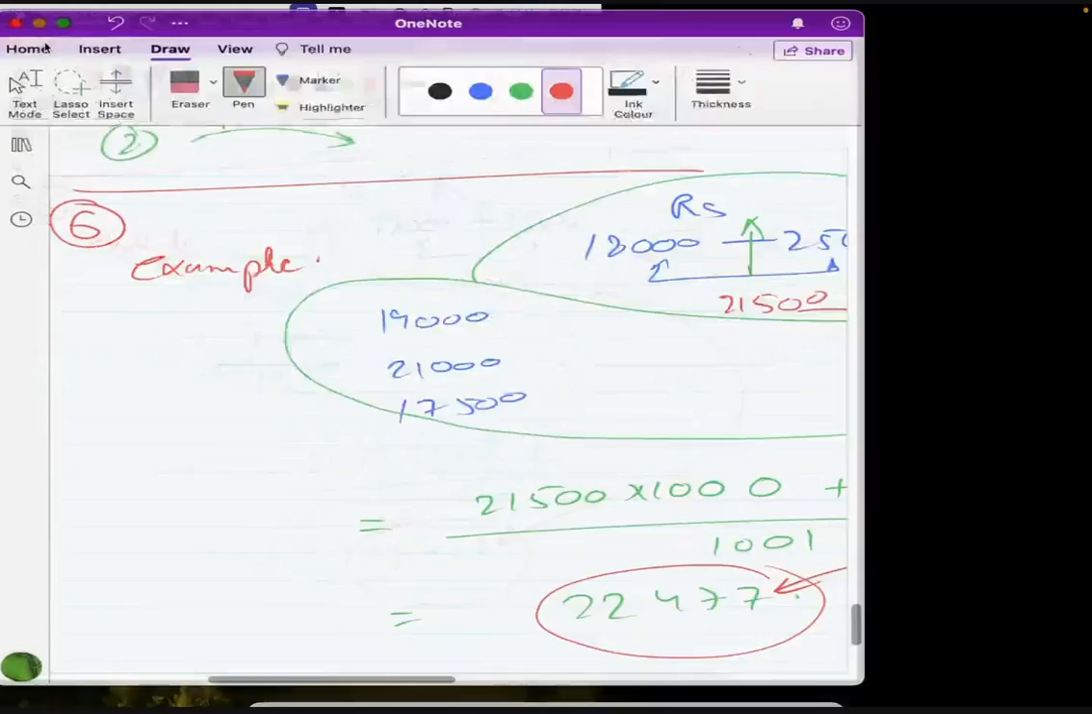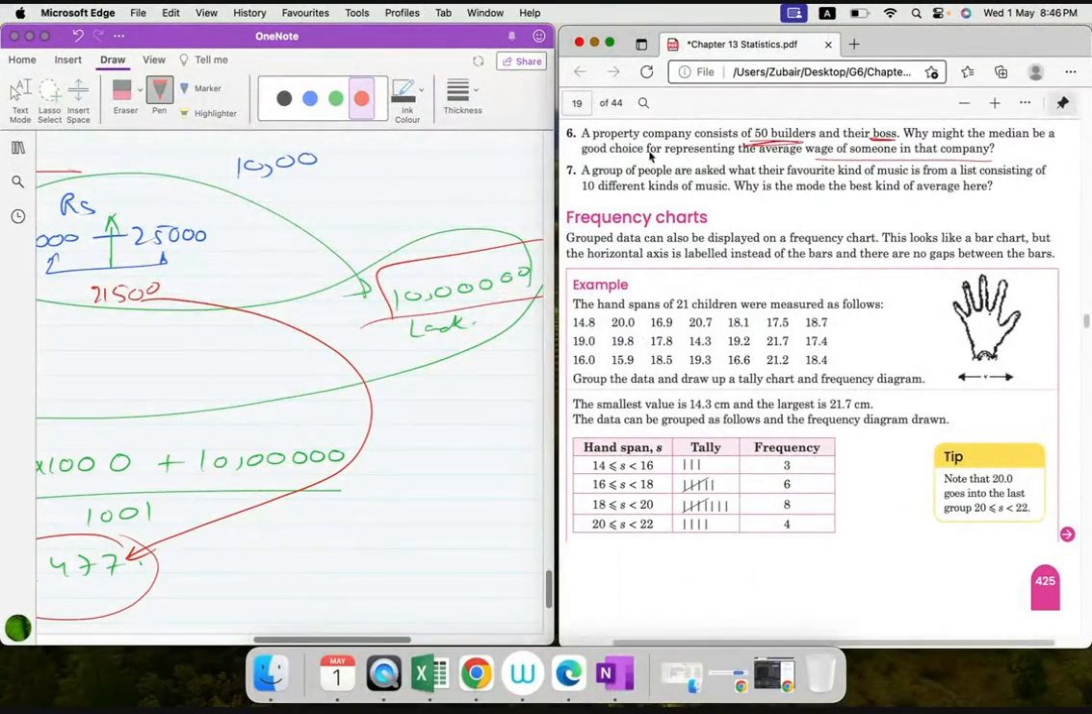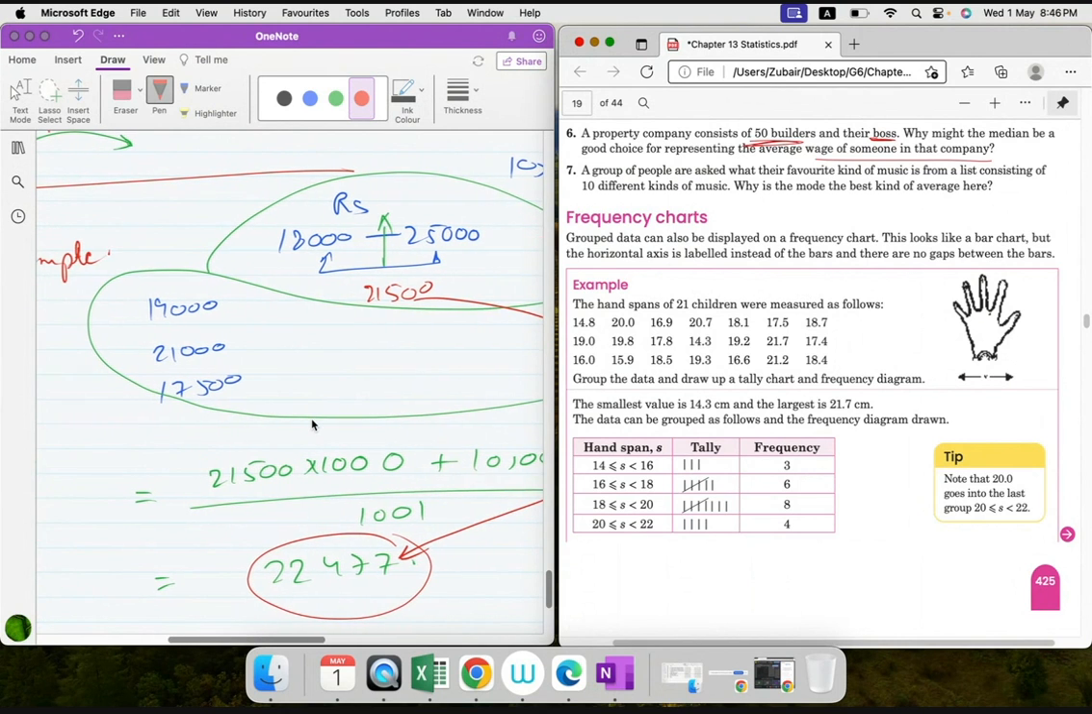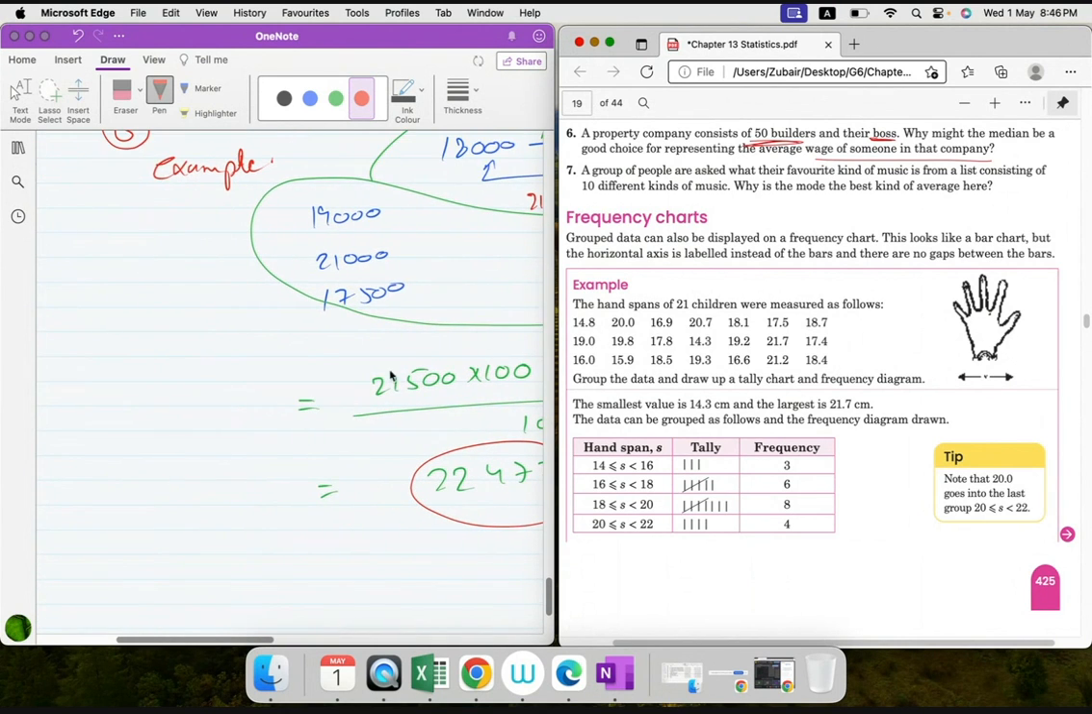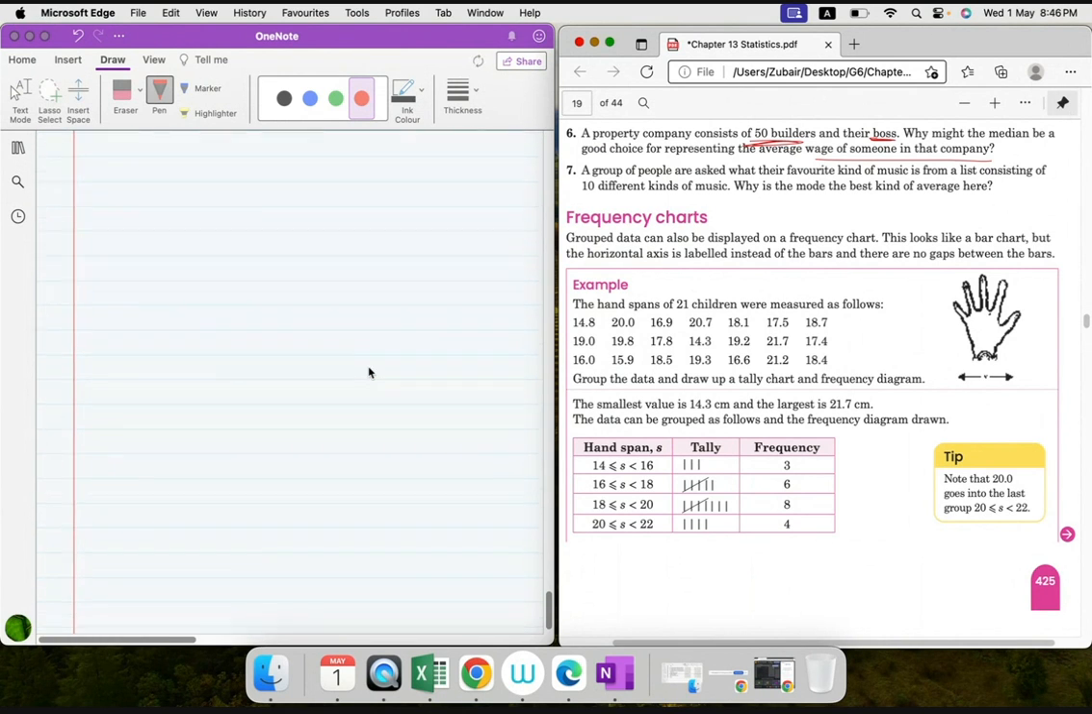Are you getting the idea? But when we consider this question, a company consists of 50 builders. Builders are at a higher scale. So why might the median be a good choice? More or less they are earning close to each other. Clear? Yes sir. Question 7 says a group of people are asked what their favorite kind of music is